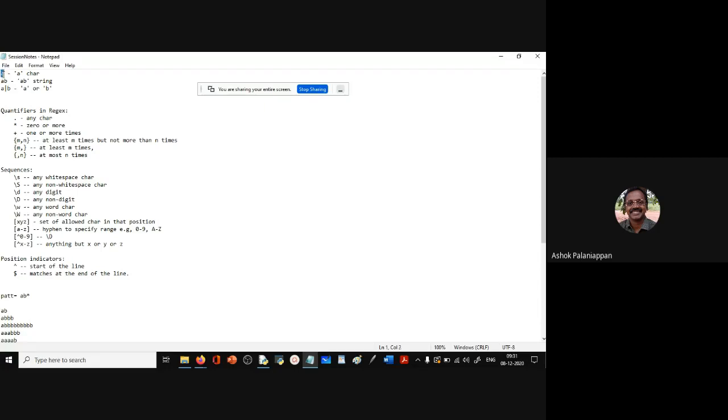In the pattern, if I have an A, it means the A character. If I say AB, it means the AB string. Now, pipe is another character. When I say A pipe B, it means OR. The pipe symbol means OR, so here we have a new meta character, the pipe symbol. It is used for OR. When you have two characters and either of them can occur in the position, then we use a pipe symbol. So we are giving a choice between two, either this or that.